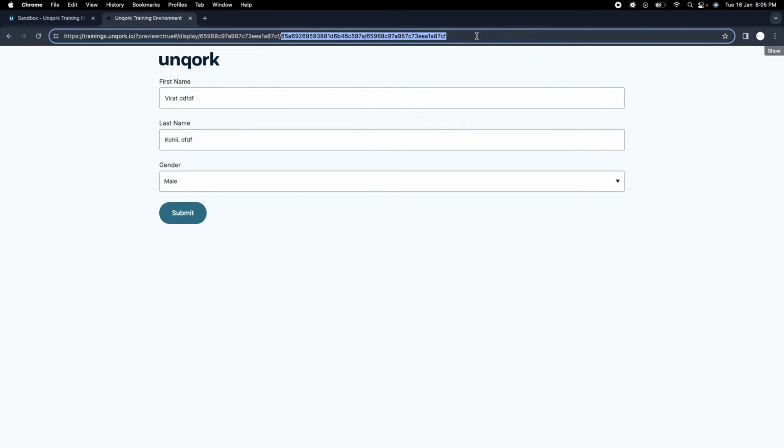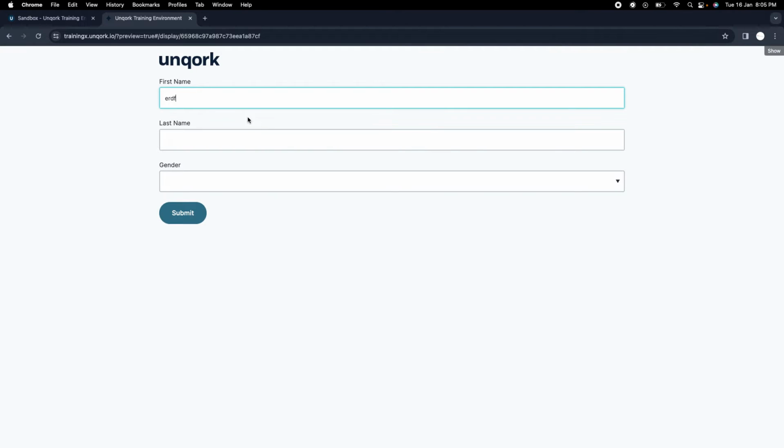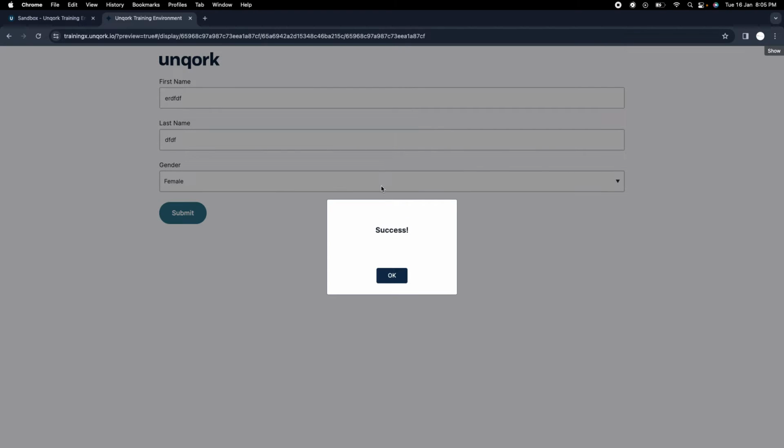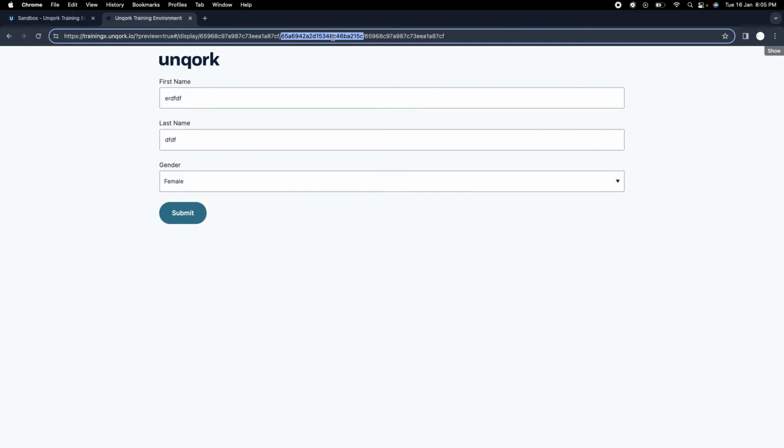So if I now go to the previous preview mode, enter something here and click on submit, this record is now saved and it would have a different submission ID, right? But if you observe this, the module ID and the schema ID are the same, which means again this data is stored